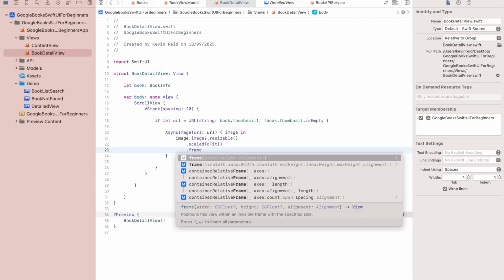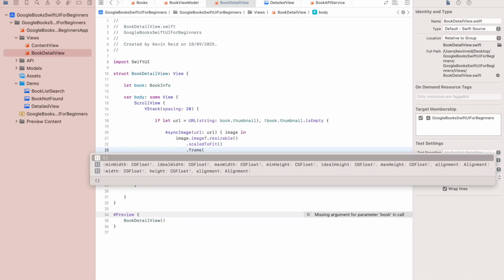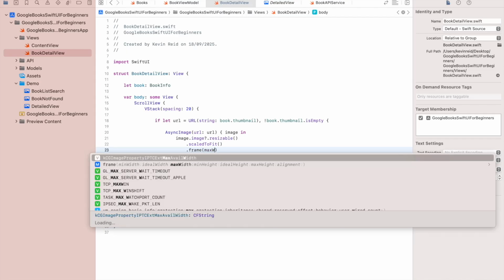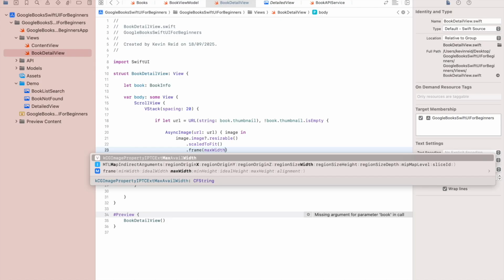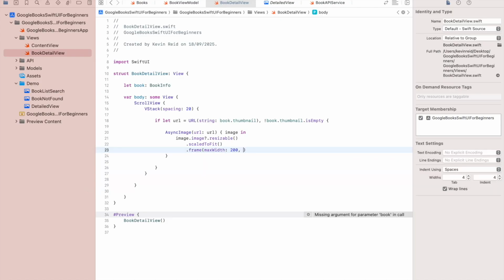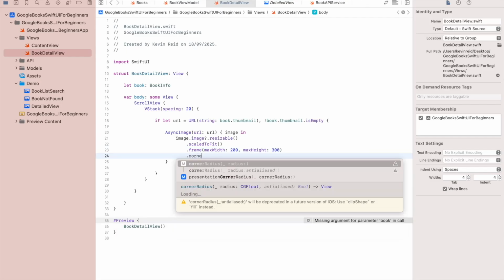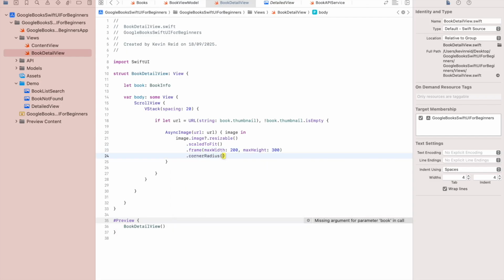And then we also need to create a frame for the image, which will have a maxWidth 200, maxHeight 300, and that will limit the size of the thumbnail or the cover, whatever you want to call it. cornerRadius is 12 for rounded corners,